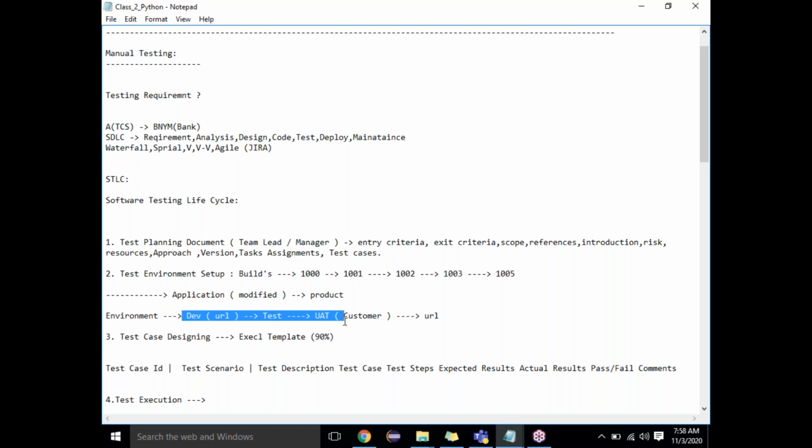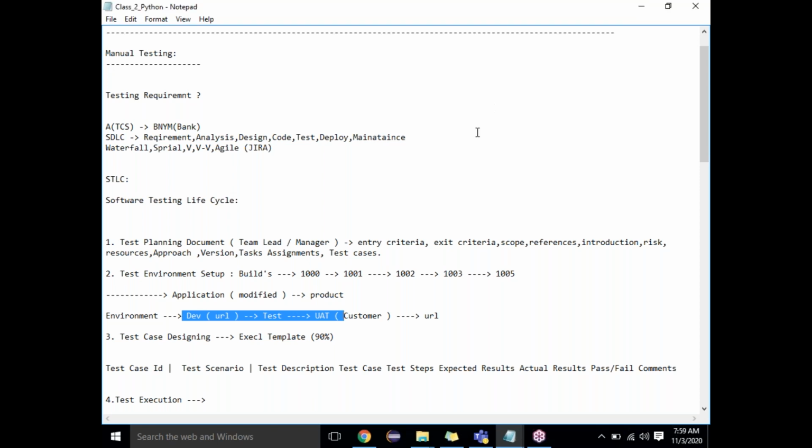Suppose developers want to develop an application, they will keep a separate environment. That environment is nothing but a different URL, a different area they will focus on, because there won't be any conflict with the test engineers. Suppose I'm developing something and you are testing something, there will be a conflict. So they create different environments, meaning different URLs, for dev people, for UAT people, and for testing people.